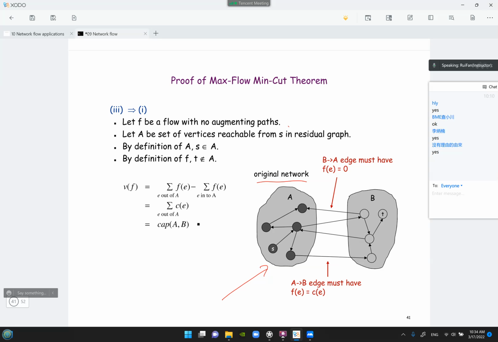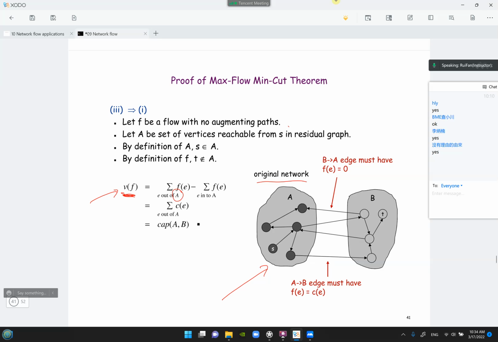So now we can go back to this expression over here. Remember that this expression was one of the properties that we proved. This is the size of the flow, and we said that the size of the flow is always equal to, you can take any cut you want,